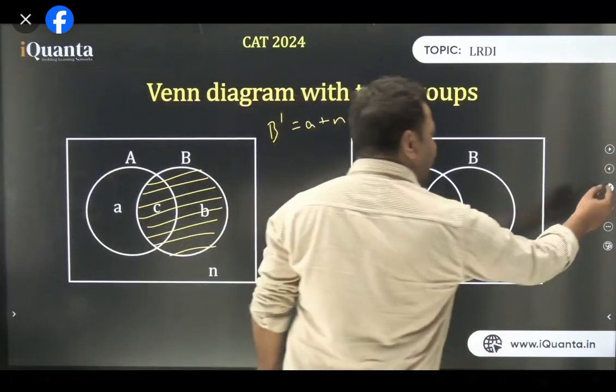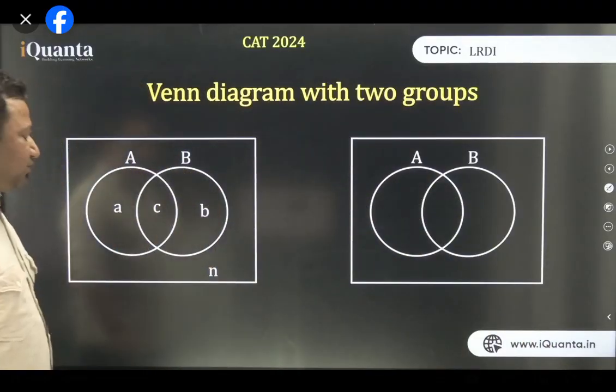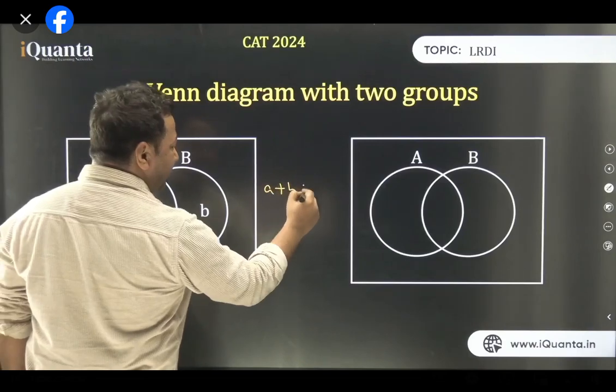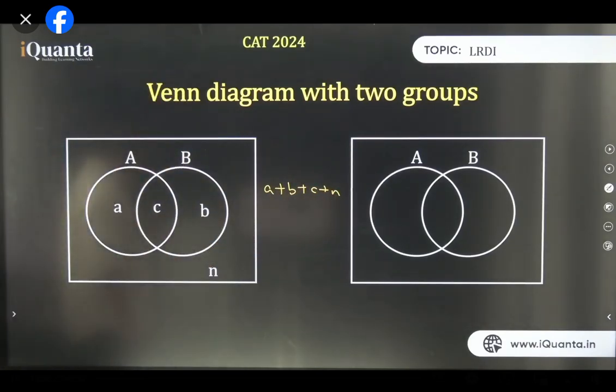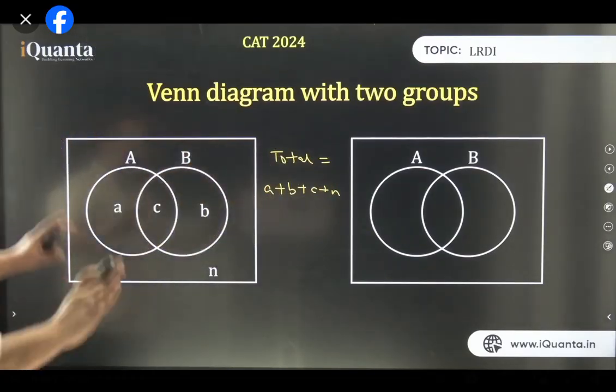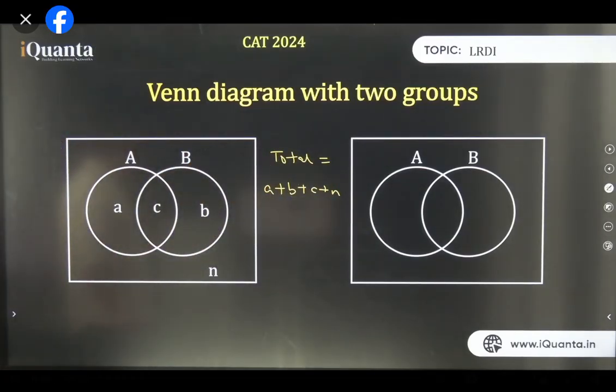ठीक है? Now, पहले एक बात सोचो यहाँ पे छोड़ो सब ये सोचो. All of this, how many people are there? Total A plus B plus C plus N. This is total, isn't it? This is total, right? Aditi. Total लिख लो, zeta भूल जाओ, total कर ले इसको. Total number of people, total number of observations, whatever. People हो सकते हैं, पैसे हो सकते हैं, कुछ भी हो सकता है. Okay, zeta भूल जाओ, मैं zeta बोलूँगा नहीं. I won't use any term which can confuse you. Total मान लेते हैं, total number of sets, total number of elements.